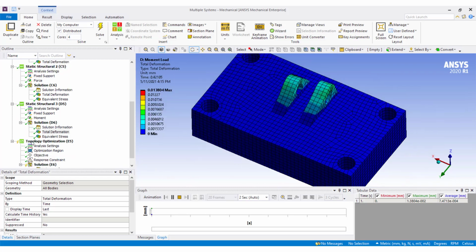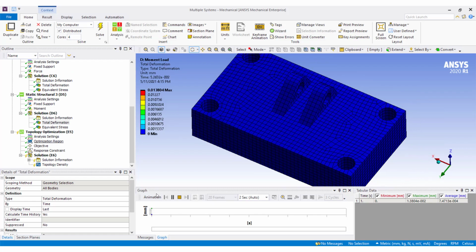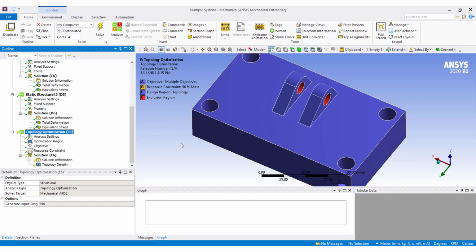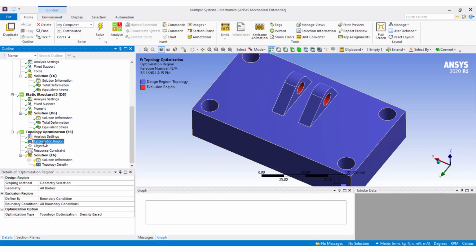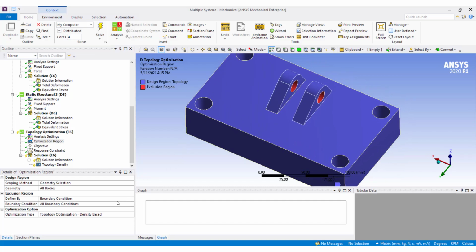In topology optimization, optimization region is used to define the part of the geometry you want to include and exclude from the analysis. To specify the exclusion region, I will use the name selection which I defined earlier.